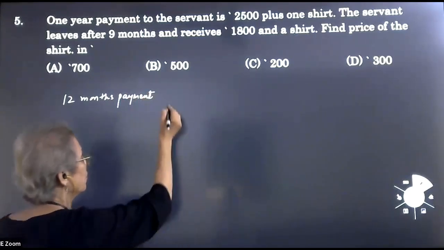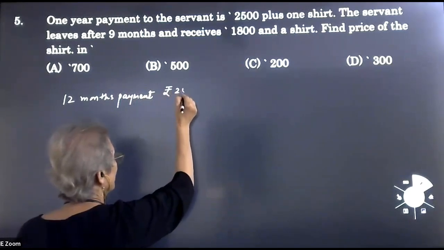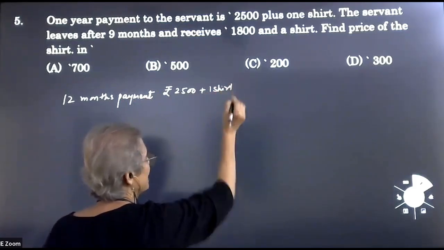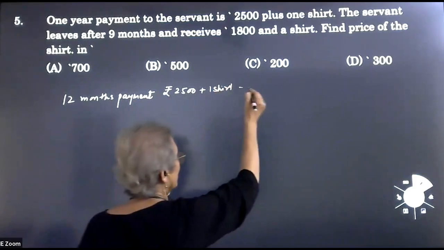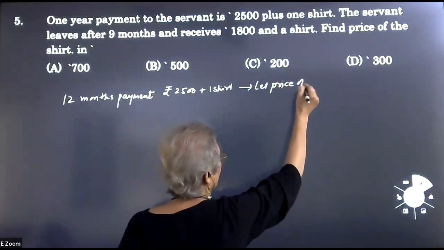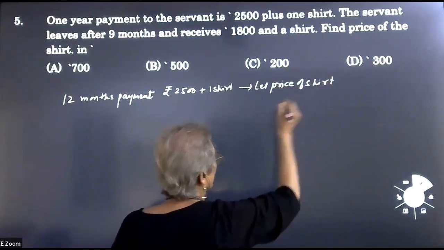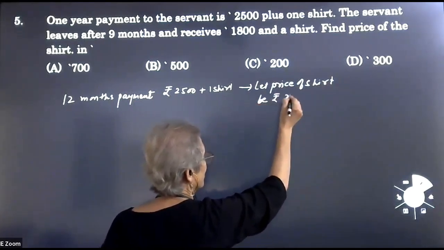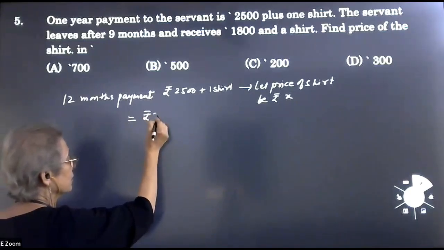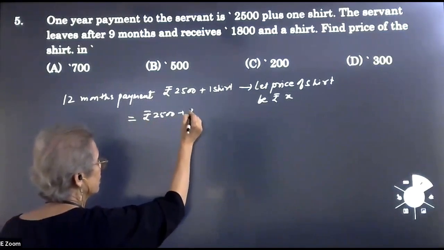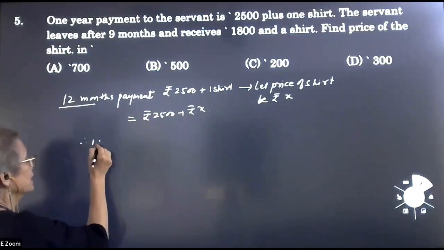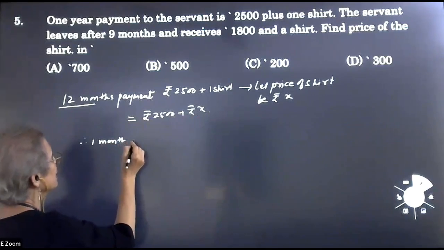12 months payment is 2500 rupees plus one shirt. Plus one shirt means the price of the shirt. So let us consider, let the price of the shirt be rupees X. Okay, so the payment will be rupees 2500 plus rupees X. This is for 12 months. Therefore, 1 month's payment